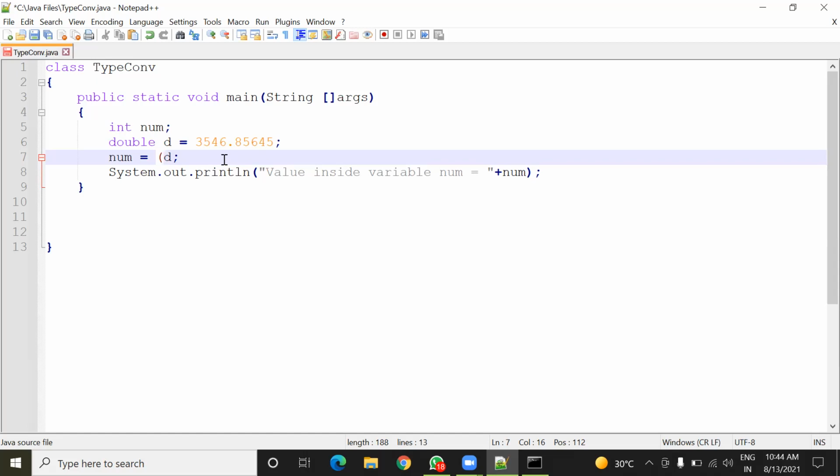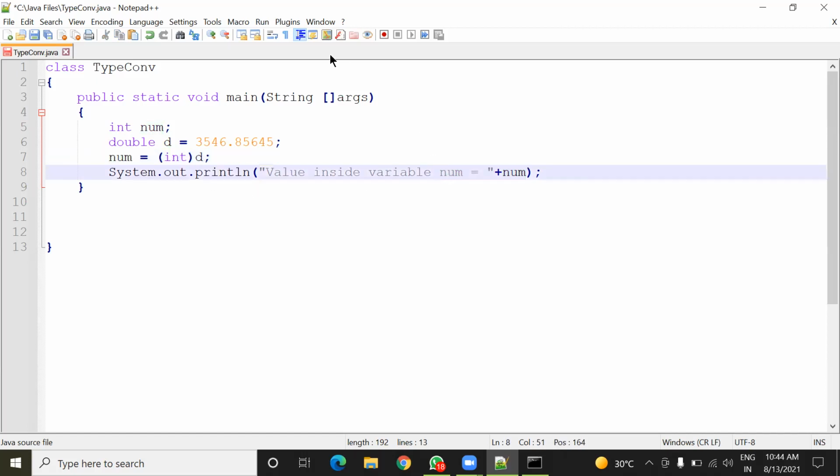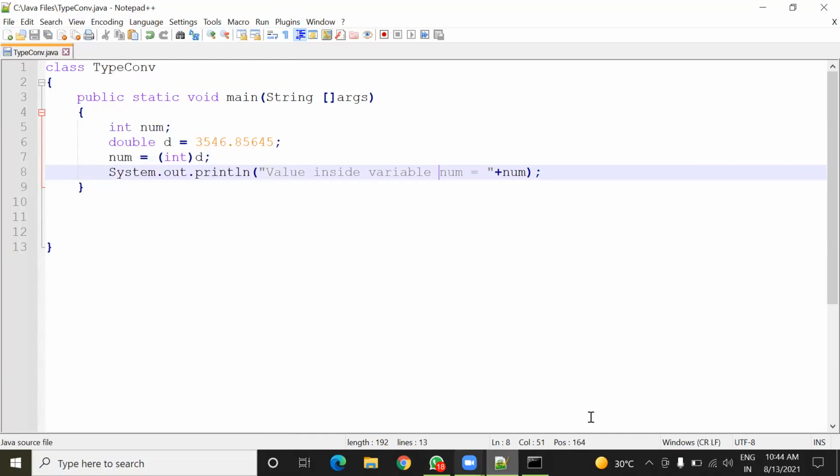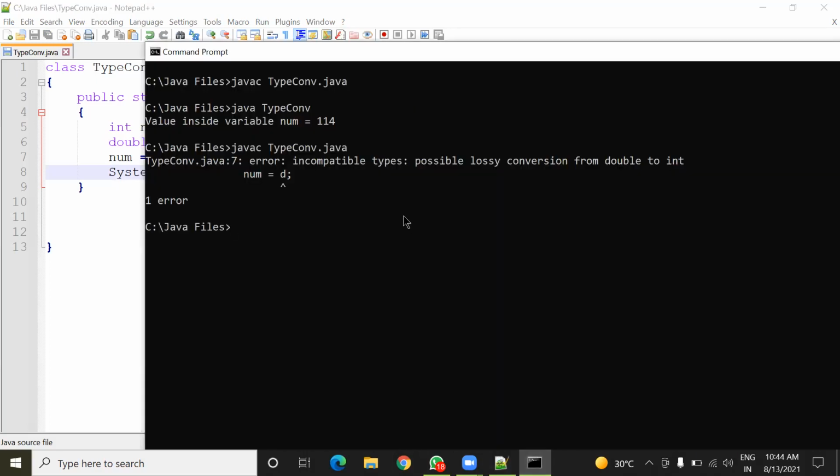So I'll have to write the data type into which I want to convert. With writing this int, the value inside variable D will first be converted into int type, then it will be stored inside this variable. Understood everyone? Okay. Now save this program and once again compile.